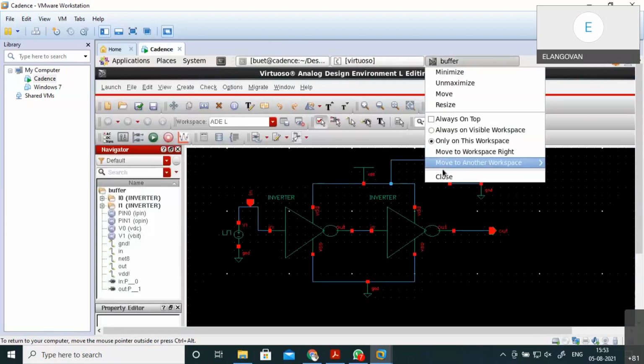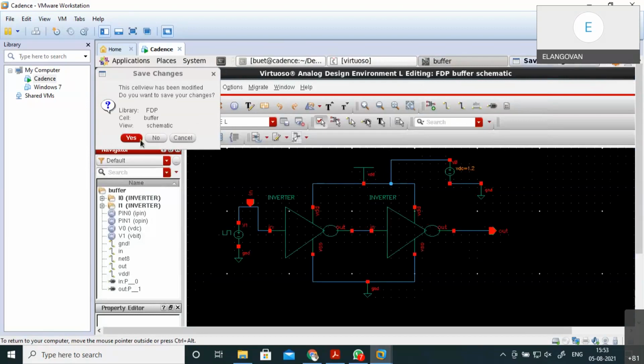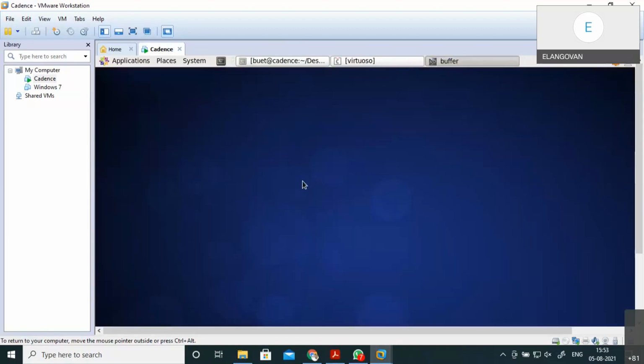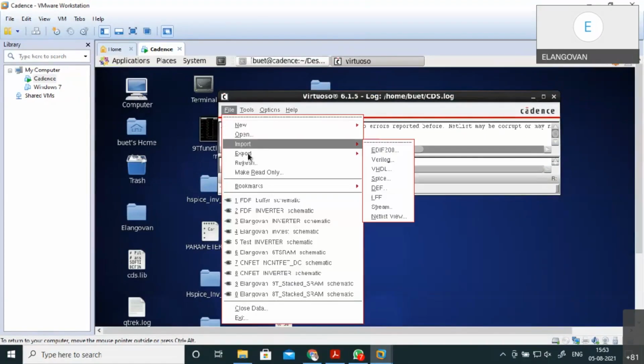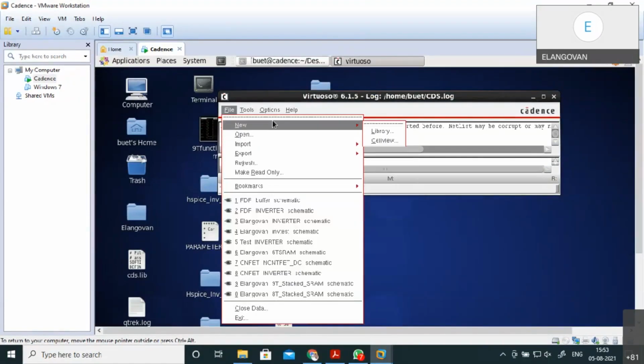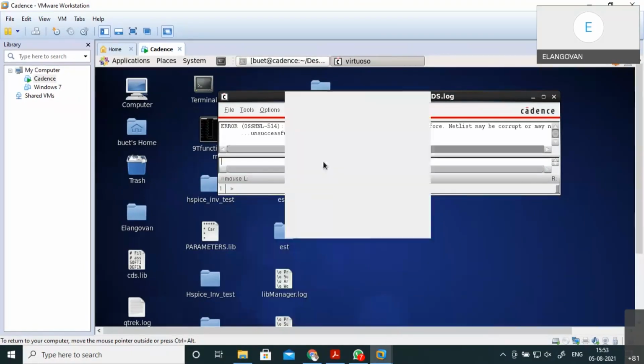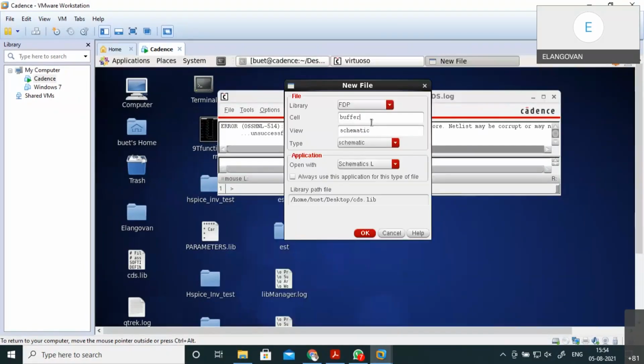Suppose I close this. Let me choose a file. Cell view, I'm saying it is buffer 2. Okay.